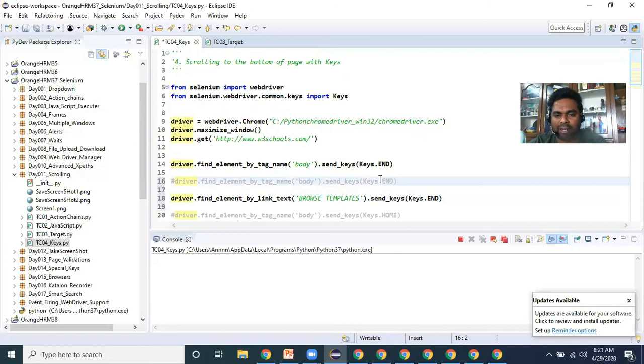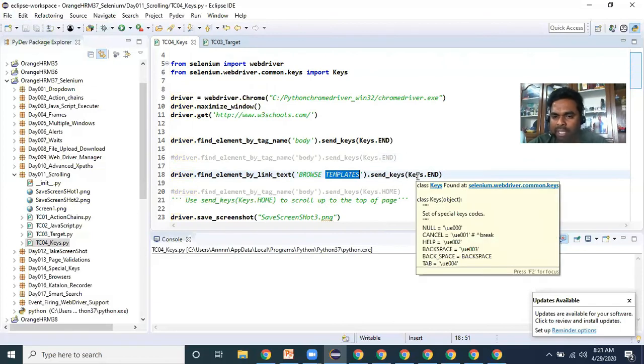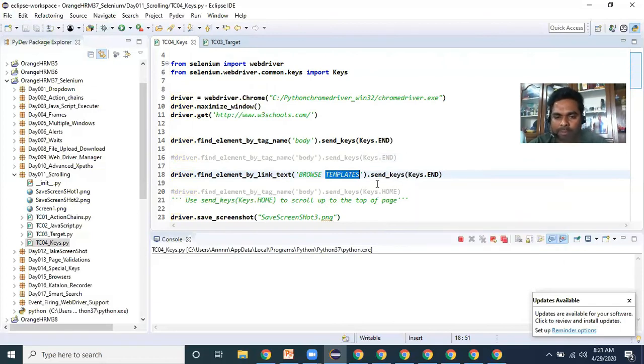Generally, Keys.HOME or Keys.END will be used only for the top of the page or the bottom of the page. But I'm trying just like this, wherever this browser templates is there, I'm mentioning send keys with Keys.END, expecting that the web element will be scrolled to that particular location or not. I don't think it will work.